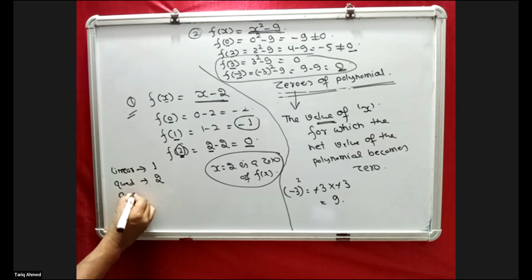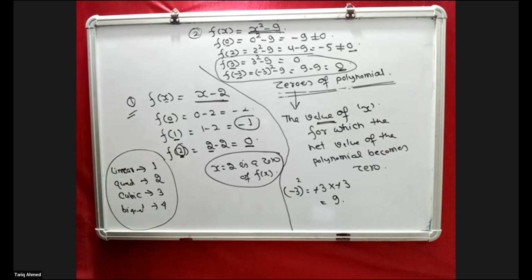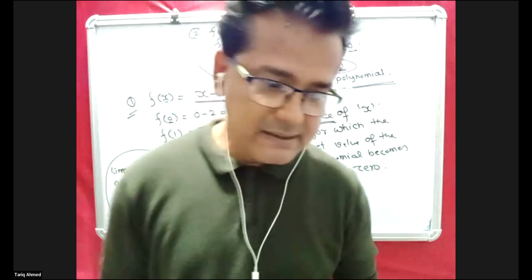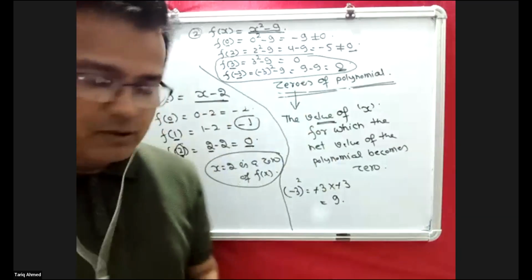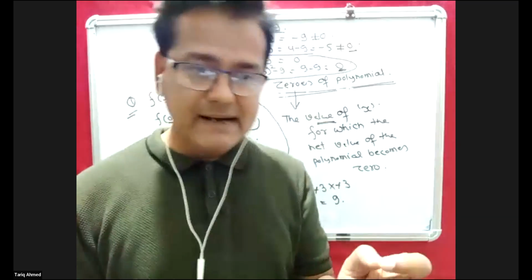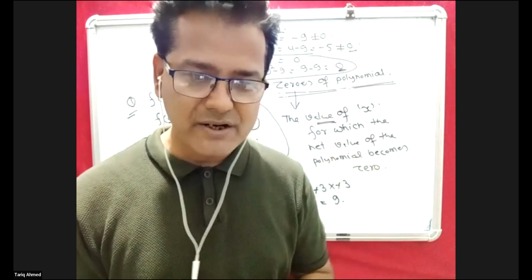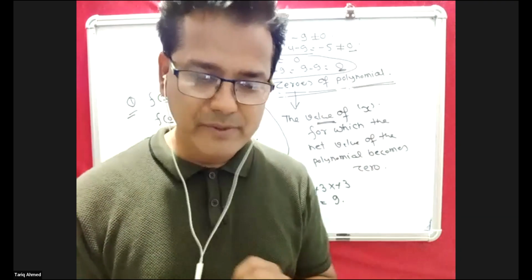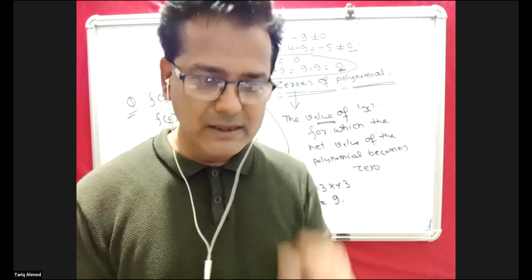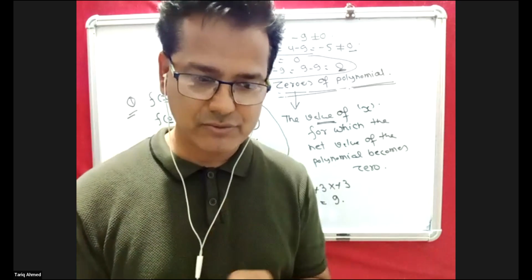For a cubic polynomial, how many zeros will we get? 3 zeros. And for biquadratic, we will get 4 zeros. This is the basic. That's why it is named linear, quadratic, and so on. So what we learn is that in a quadratic polynomial, we will always get 2 zeros. This is the basic rule, no matter what kind of quadratic that is. So 2 zeros would be there. But if that polynomial is a linear one, then we will only get 1 zero. For cubic, 3 zeros. Fine.